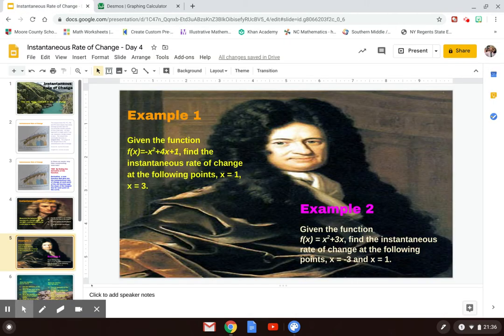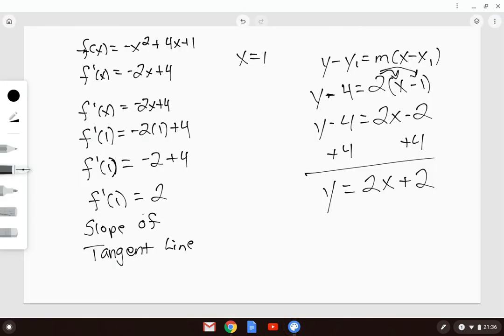Now the problem also wanted us to find the instantaneous rate of change for x equals 3. So what I do then is come back over here, and I'm going to use my same derivative. My derivative was f prime of x equals negative 2x plus 4. This time for x equals 3, I'm going to put 3